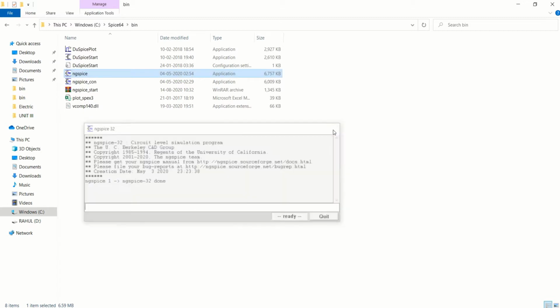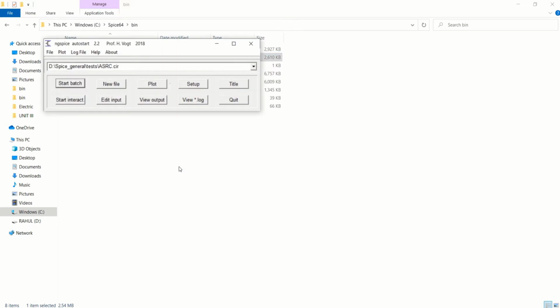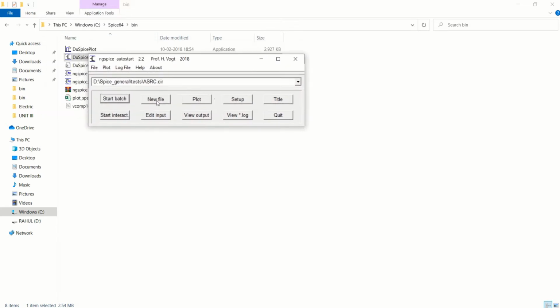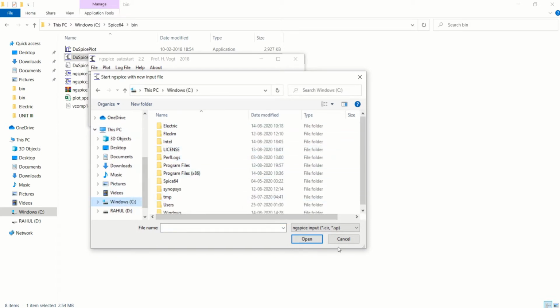From another point of view, you can also start by using the Spice start, which is nothing but the GUI, graphical user interface we just talked about. Double clicking on it opens a GUI.